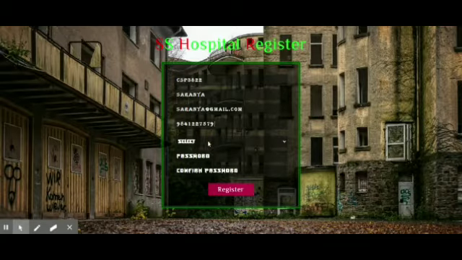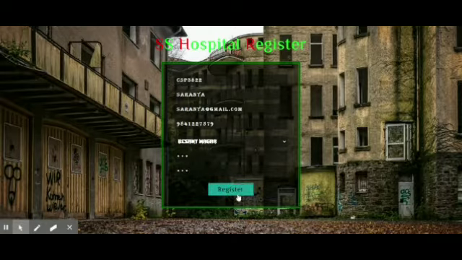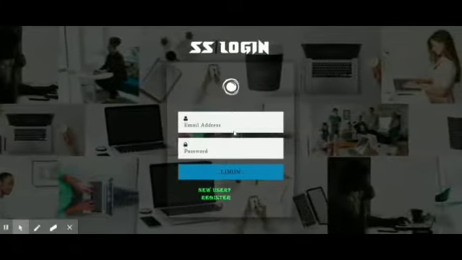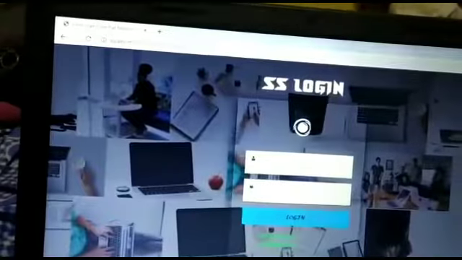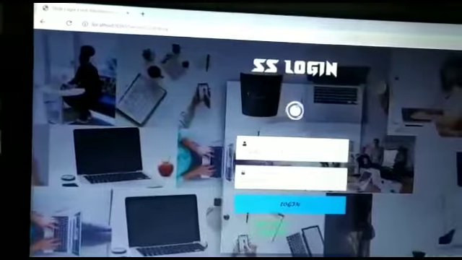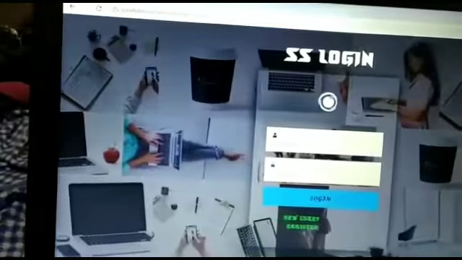After entering my place and password, and again creating a password here and confirming it, I'm registering it, and now I can use the above mentioned key for further use here. Credentials, username and password. We can't go with incorrect credentials. Only with correct credentials can we enter the website.